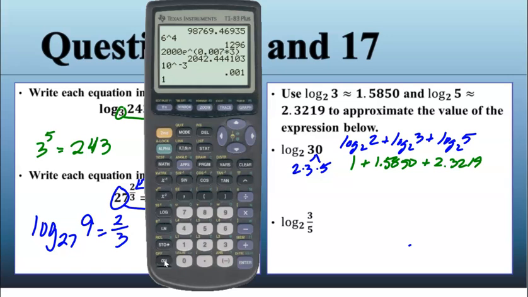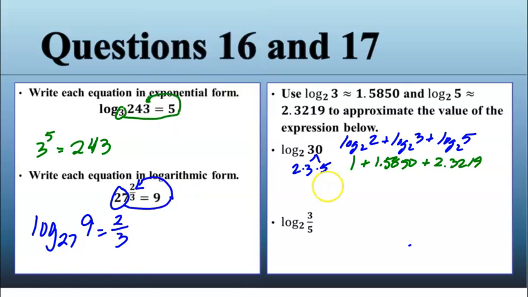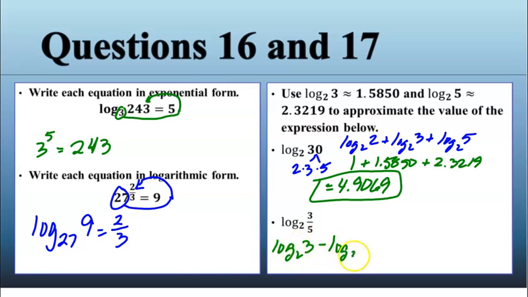So now if we grab our calculators, we're just going to add all those up. So we got 1 plus 1.5850 plus 2.3219. That's going to give us 4.9069. And then the next one, since this is written as a division problem, to expand it, that's going to be written as a subtraction problem. So this will be log base 2 of 3 minus log base 2 of 5,